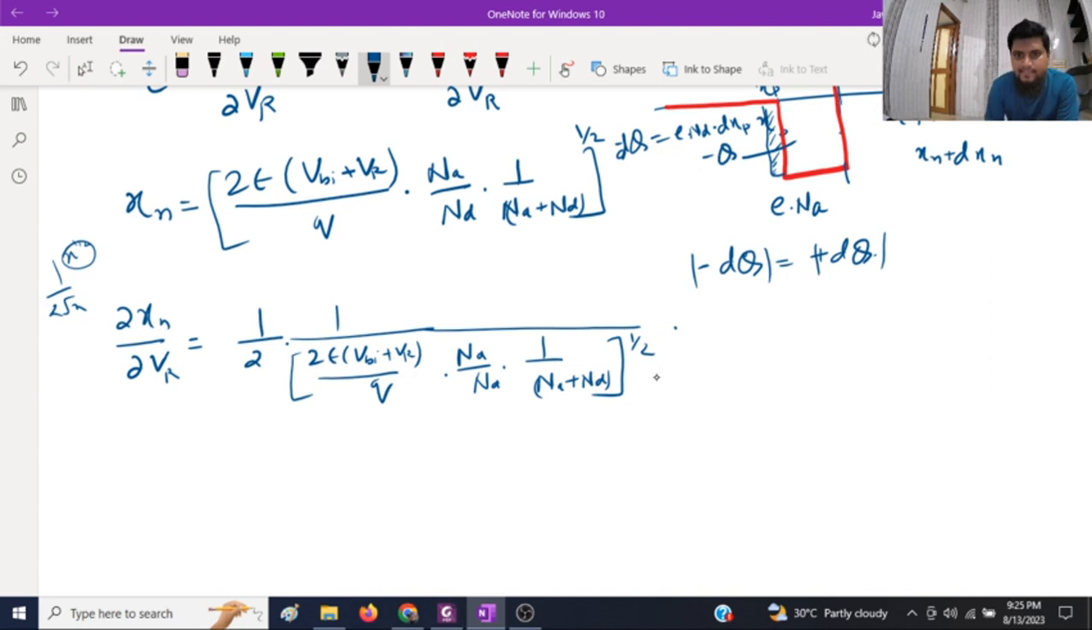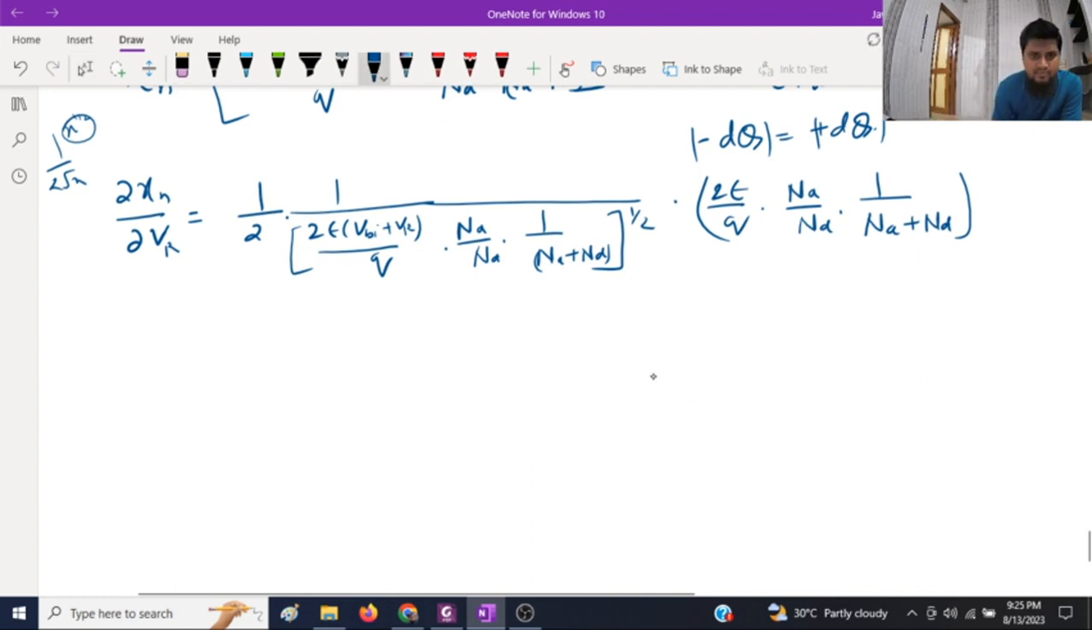And then multiplied by, now again we will have to differentiate the whole expression with respect to Vr. So what is the coefficient for Vr? That is 2 epsilon by q Na by Nd into 1 by Na plus Nd, right? So this expression will be in the numerator. So now you can find del xn by del Vr